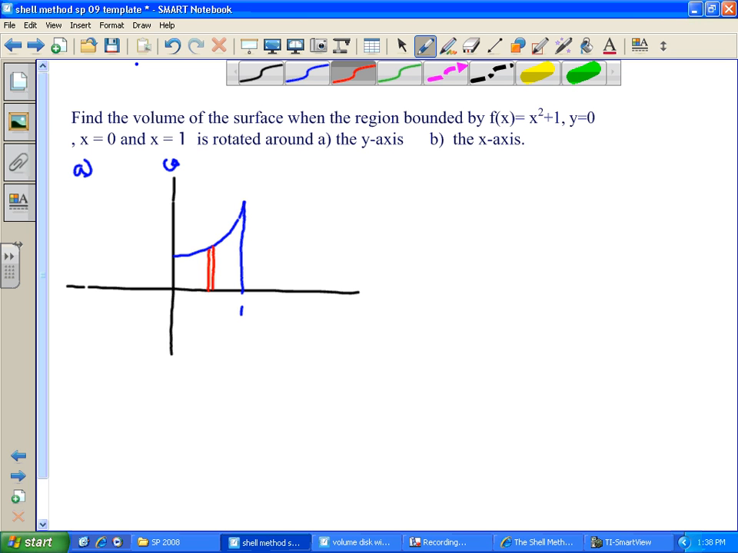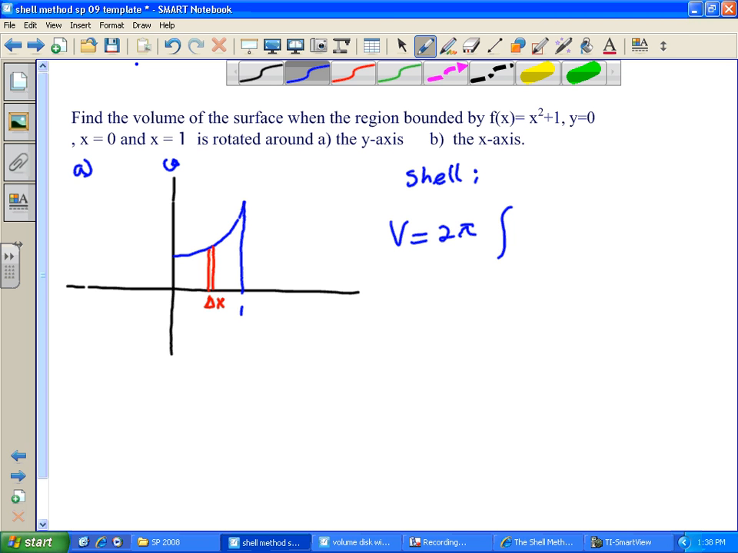The thickness is delta x, right? Since the rotation is around the x-axis, and since this is parallel to that axis, what method do we have to use? The shell method, right? Since the representative rectangle is parallel to the axis of rotation, choose the shell method, which says volume equals 2 pi times the integral of